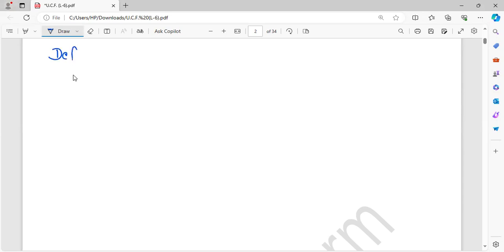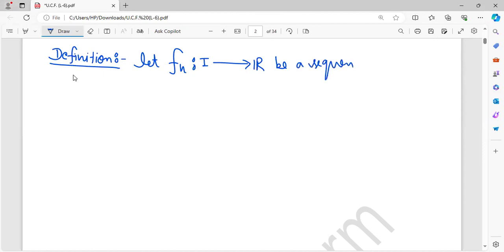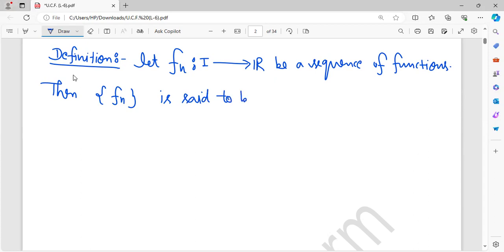So, definition. Let Fn be a sequence of functions. Then this sequence is said to be uniformly Cauchy on I if